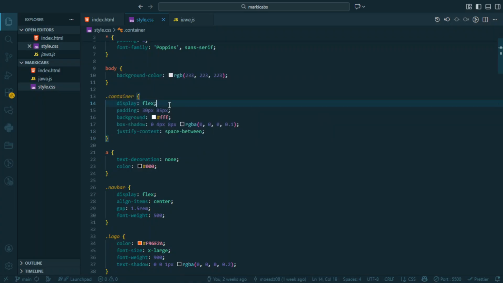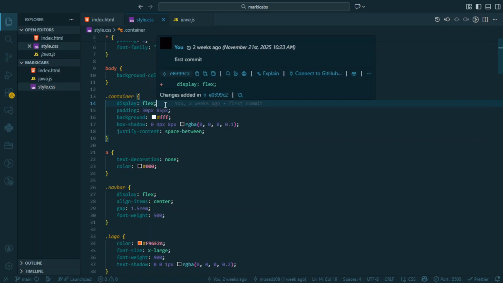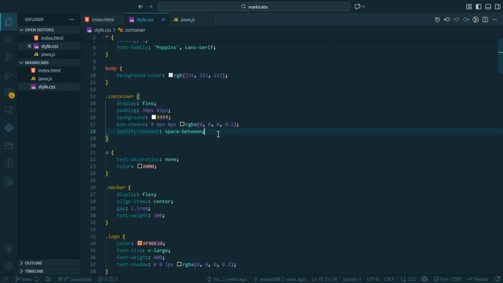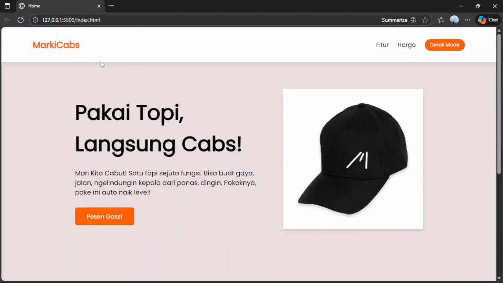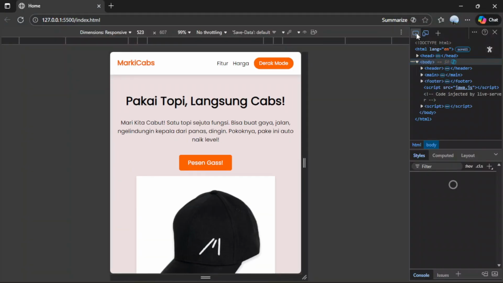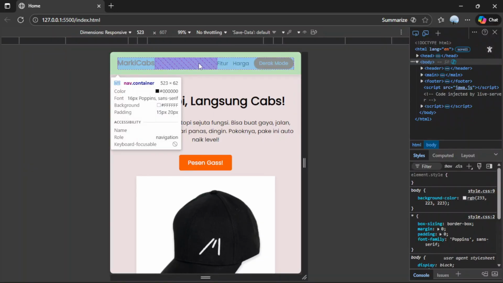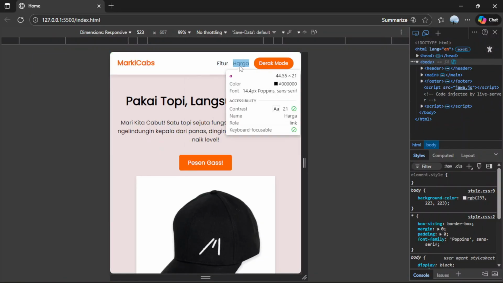What does it mean? It's for activating Flexbox. It puts this logo on the left side, and then puts this navbar on the right side, like this.